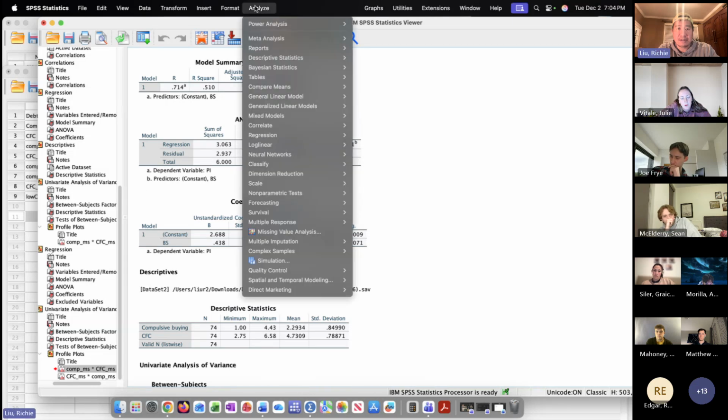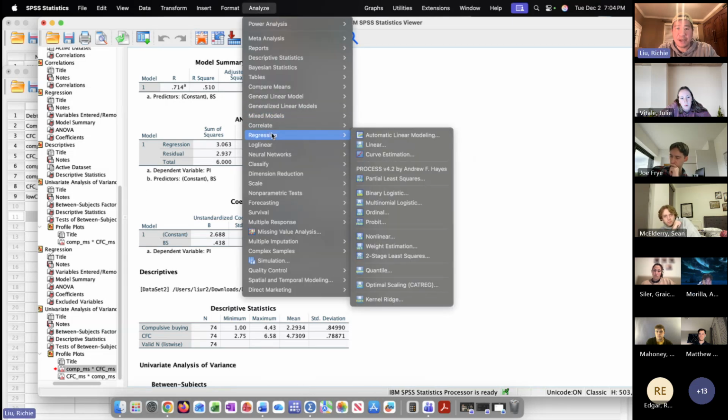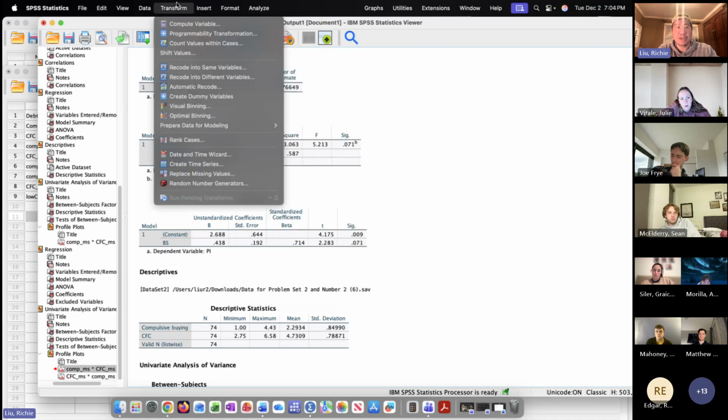And then I'll go ahead and see if this works a little bit better. I have to create a new interaction term for the simple slope test, right? So I have to create an interaction with